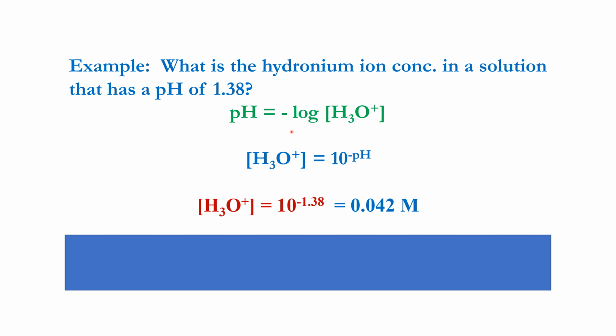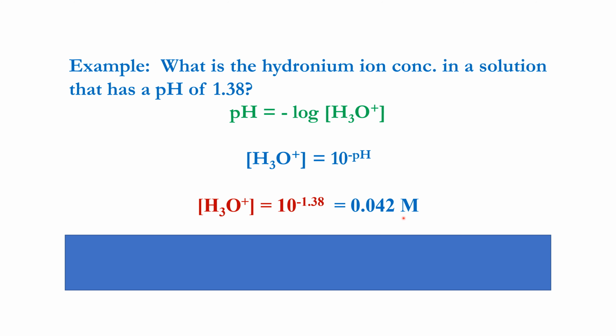If we do that, we will get that hydronium ion concentration is equal to 10 to the power minus pH. So once we get this formula, we simply put in our value for pH that we are given, which is 1.38. And if we solve this, we will get